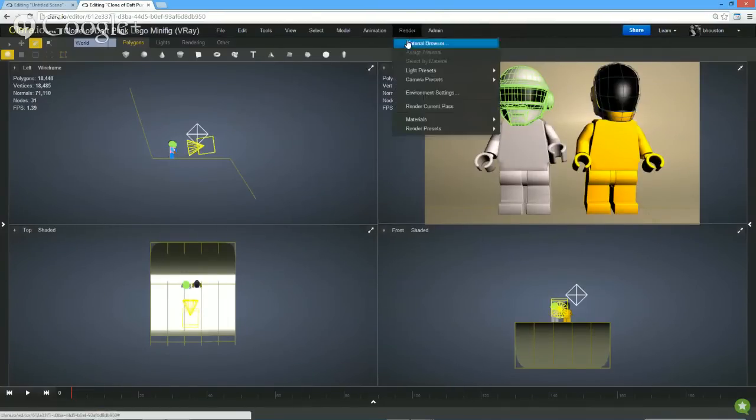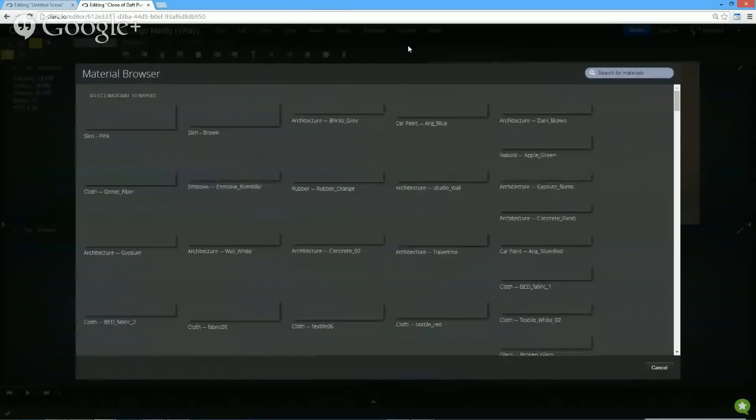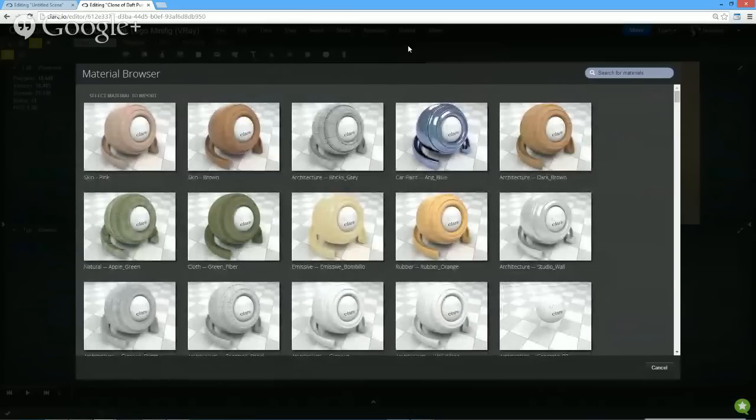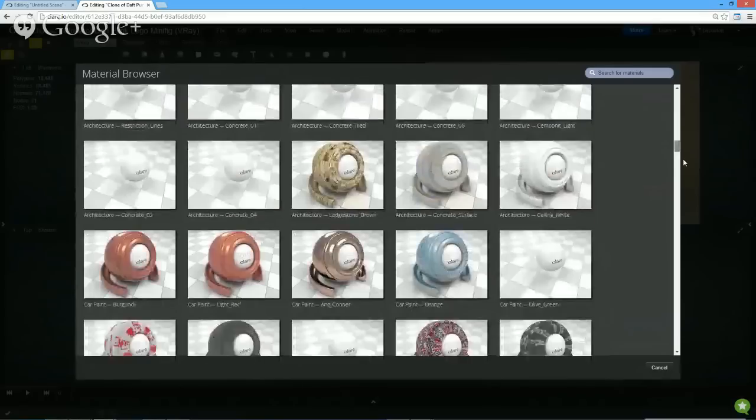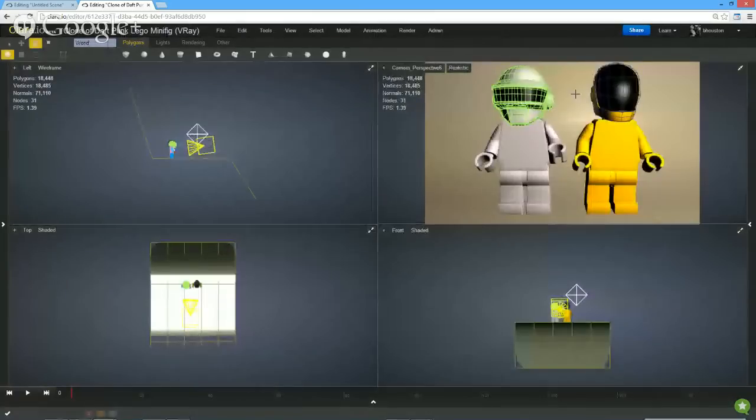we have a material browser. This material browser is of high quality materials intended for rendering. They're not all supported in 3JS because they're very computationally intense. We do have hundreds and hundreds of materials available here. Once you set those up, you can of course render it in 3JS, but you can also render